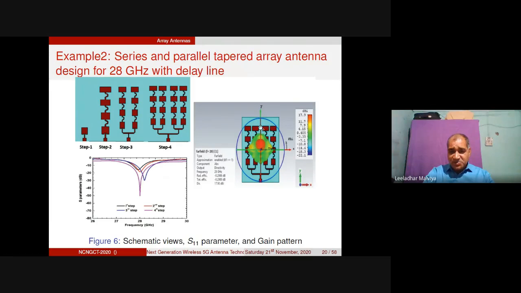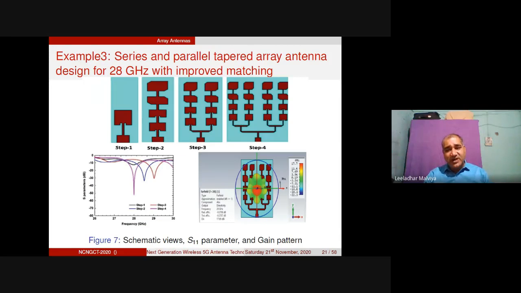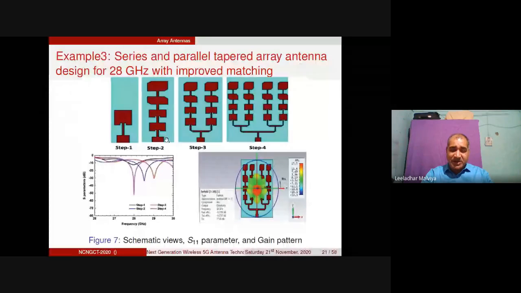Now, another aim is to concentrate the radiation pattern, the E-field pattern, at the center, right? And for that, we can go through the next design here. So if you look at another scenario, we have almost done the radiation pattern in the center, so that the back lobe can be removed or reduced by a very big quantity. Right. So that was the aim of this design in example 3, right? Again, this is based on the series and parallel tapered array antenna. Yes, everybody knows the meaning of tapering here, but we have selected a different type of patch arrangement here.